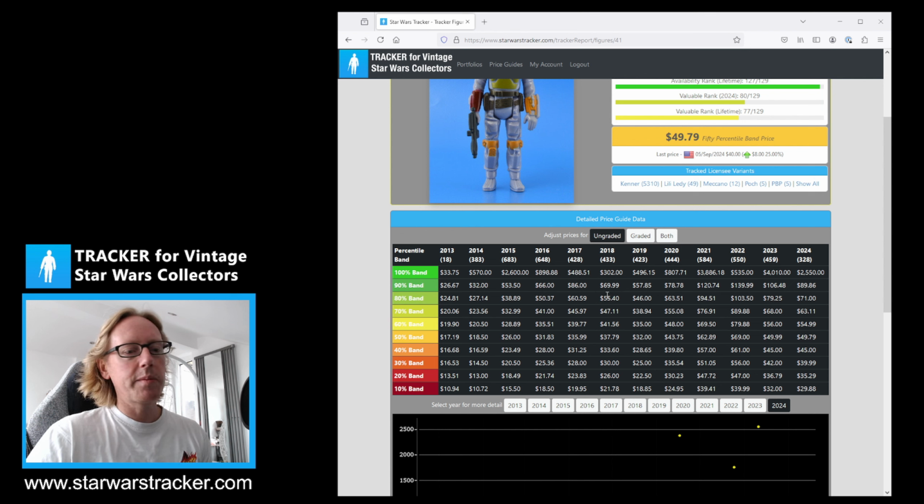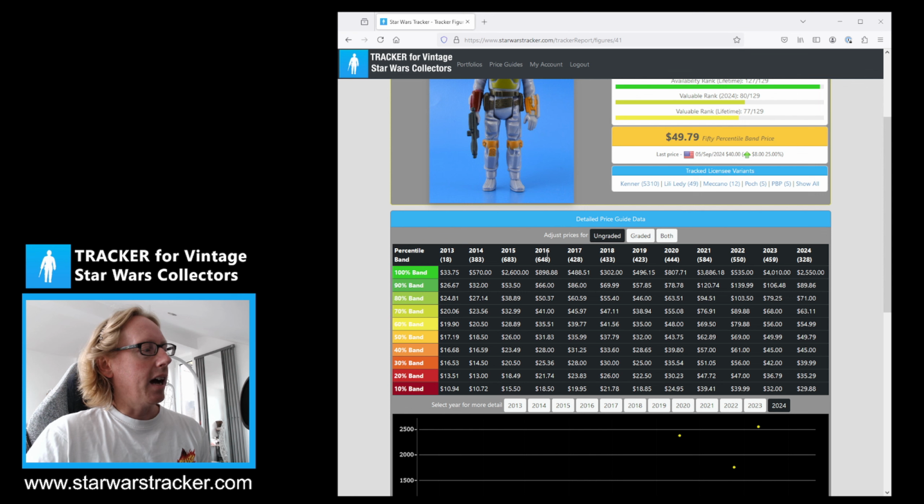So to firstly explain the table, across the top I have the year in which the prices were recorded, all the way back to about halfway through 2013, and then every year since. And then in brackets is the number of price points that are recorded within that year. So when Star Wars Tracker began in 2013, there were just 18 that I recorded, and then the next year was several hundred. The year after that was almost double the amount,